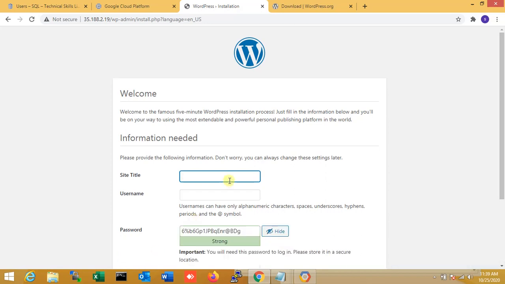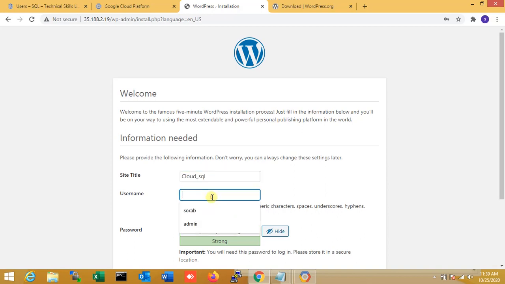Yes, the site title, Cloud SQL. Okay, username, username Saurabh, password is that. So that's all.